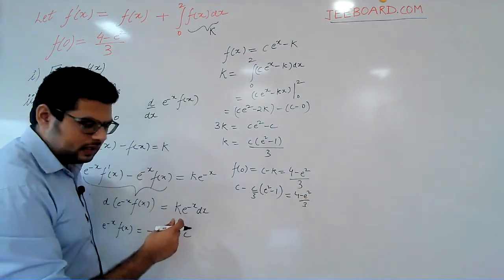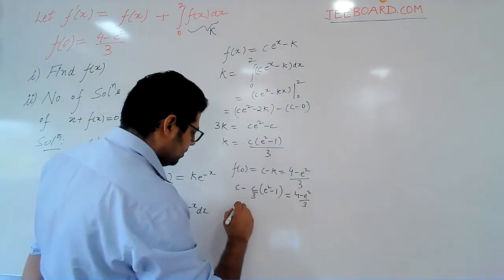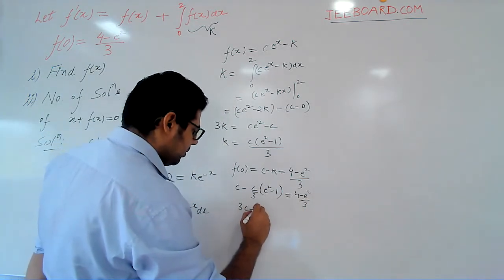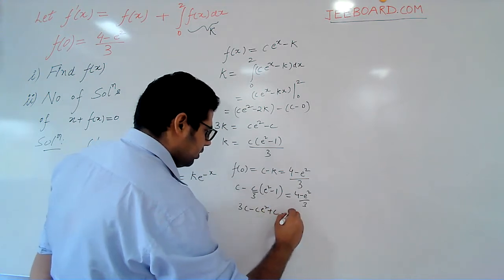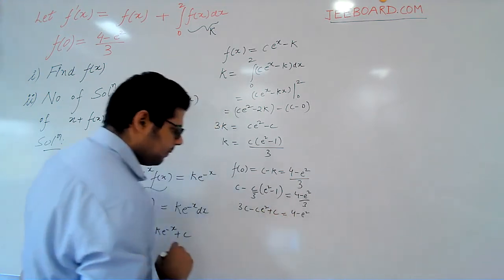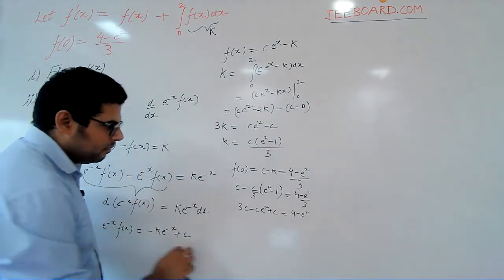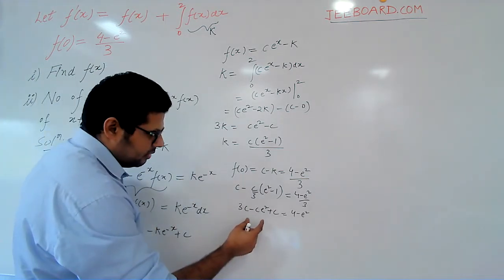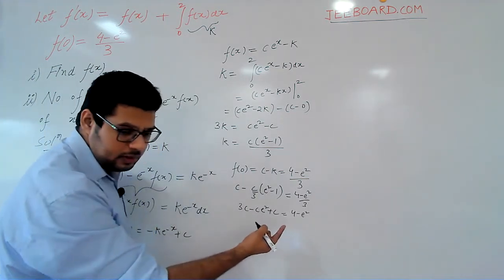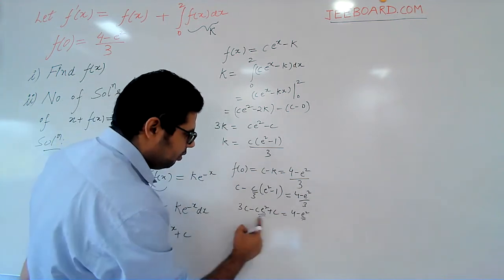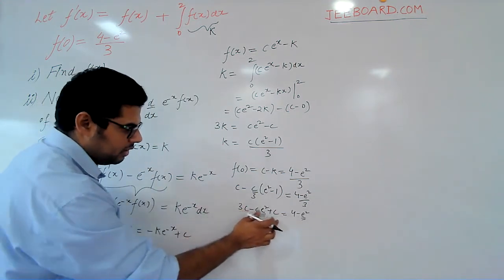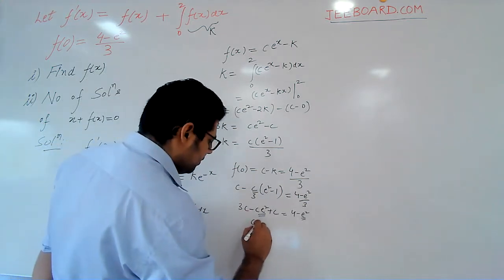So of course we can take the LCM, and this becomes 3c minus c times e square plus c equals 4 minus e square. Now from this equation it is very clear that if you compare the terms of e square and e over here, c is equal to 1, and of course when c is 1, 3 plus 1 is 4. So clearly the value of c is equal to 1,